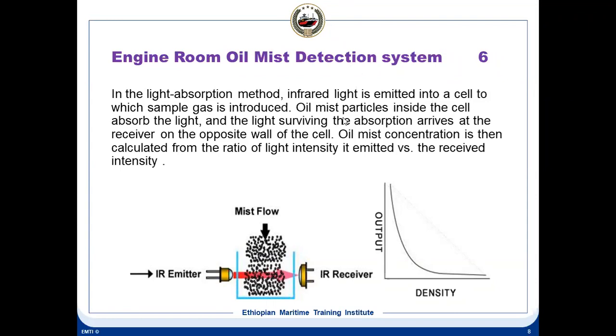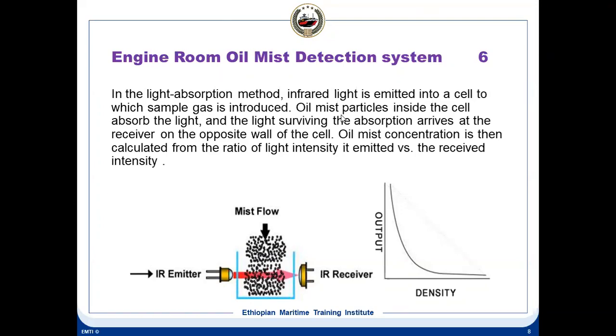Okay, hope you understood this. Oil mist detection systems. The significance of the oil mist detection system. You can call this an atmospheric oil mist detection. Some ships call it an atmospheric oil mist detection system, or you can call this an engine room oil mist detection system. This is very critical because you have all the places on board ship, like HFO transfer pumps and low oil transfer pumps, and there are a lot of pumps running around.